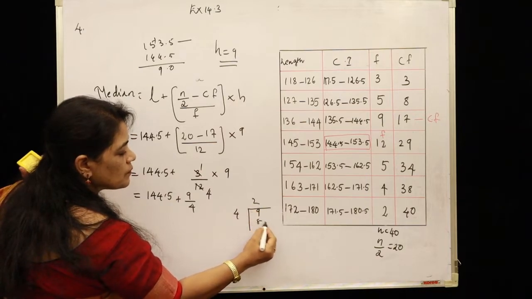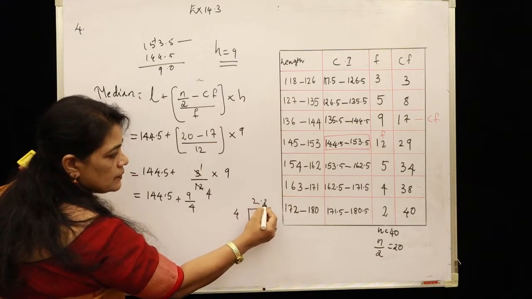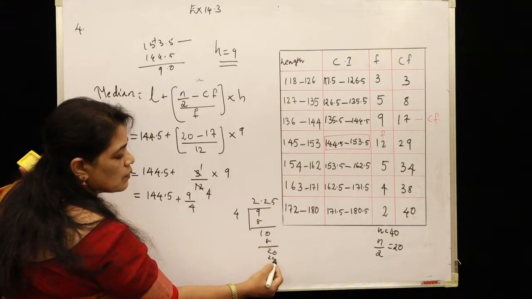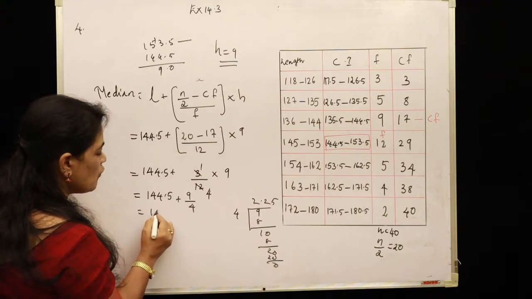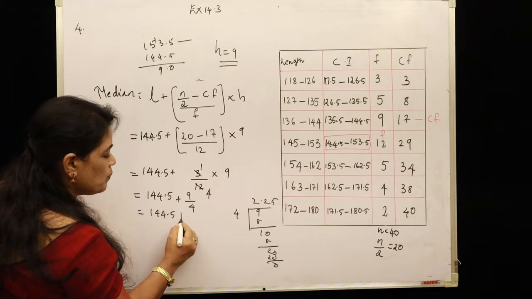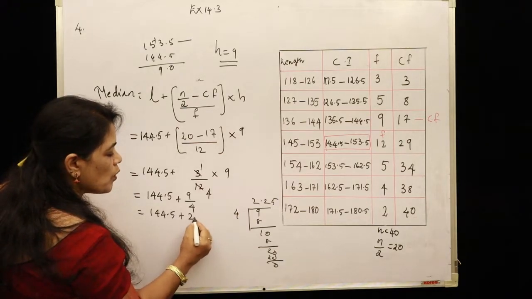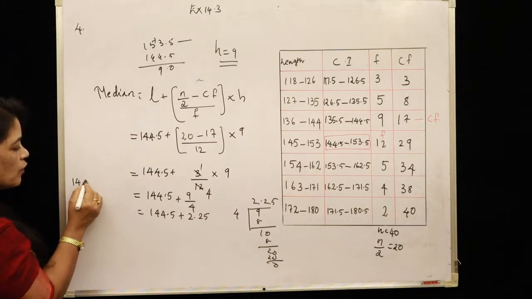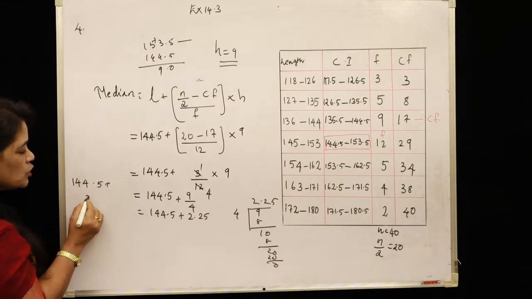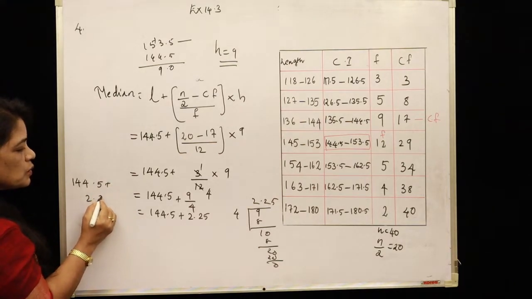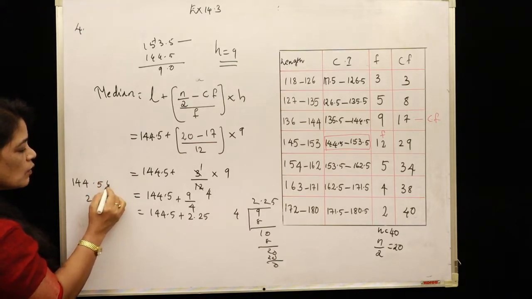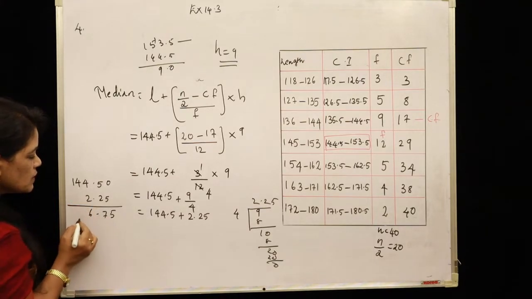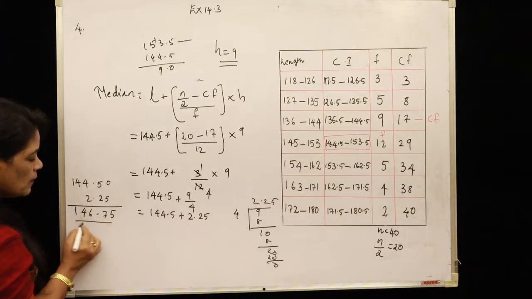Okay, 2 times. In 10 again 2, that means 8, and in 20, 5 times. Remainder 0. That means 144.5 plus 2.25. Okay, decimal, so we can add here 144.5 plus 2.25. So, 5, 7, 6, 2 plus 4, 4, 1, that means